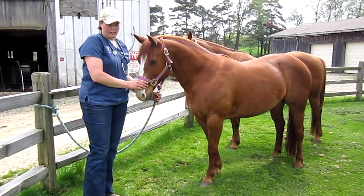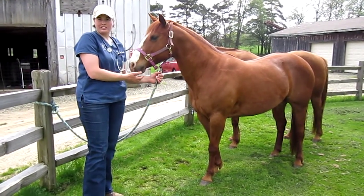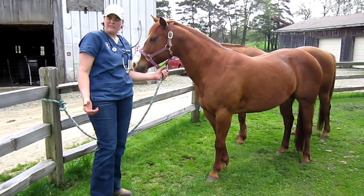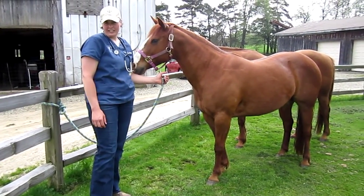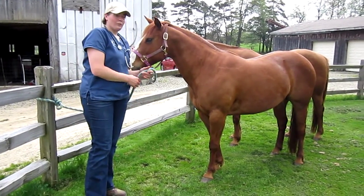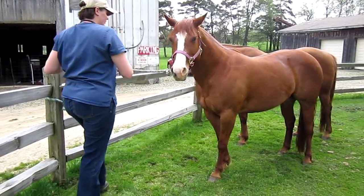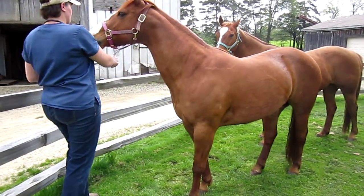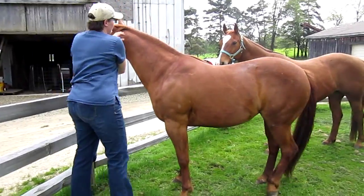Another thing that really helps is to get your horse used to having his temperature taken. More than likely, if your horse just isn't quite feeling right and we're suspicious it's a colic case, we always want to check, make sure they're not running a fever. So the more you can work with your horse at getting their tail messed with, getting their butt messed with, easier it makes my life as a veterinarian. What are you all jumping for? Stand